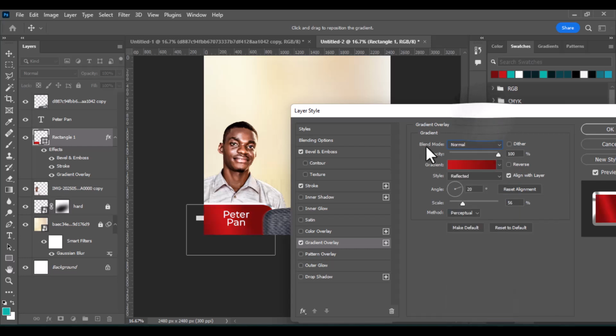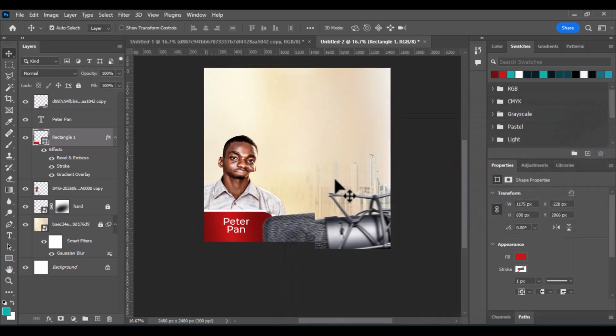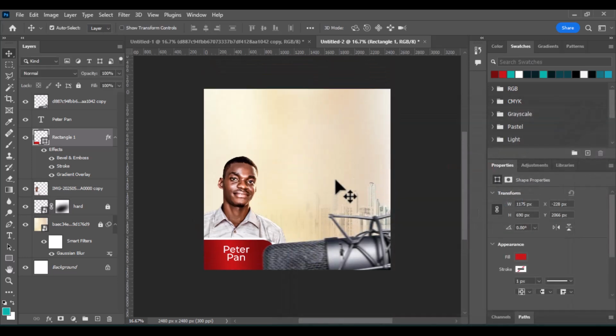Let's set the blend mode to normal. Increase this one, right, just like that. Pull it a bit to the side. Perfect. Now next thing we want to add is